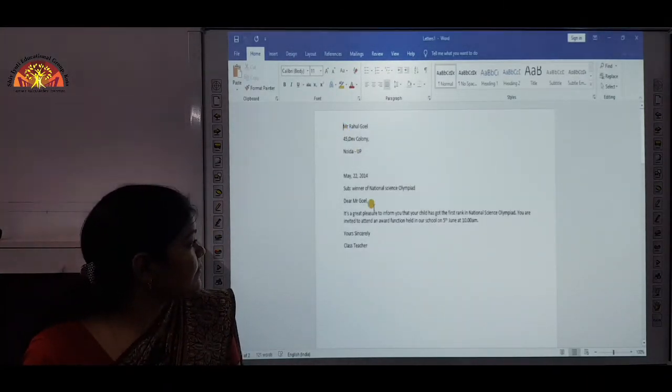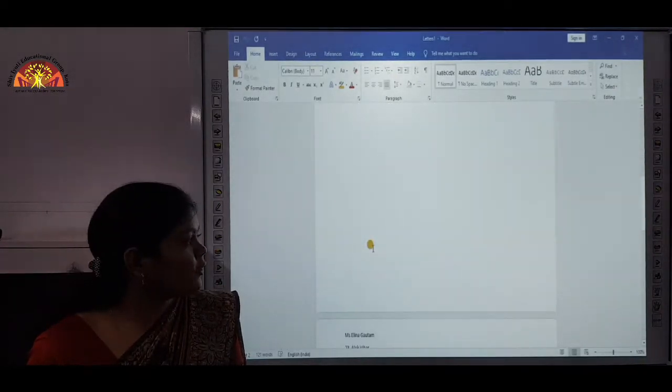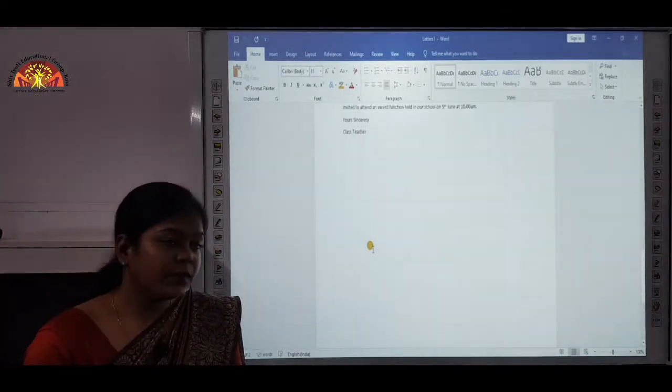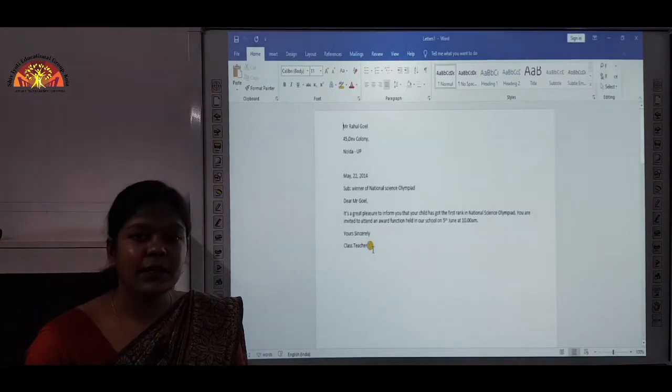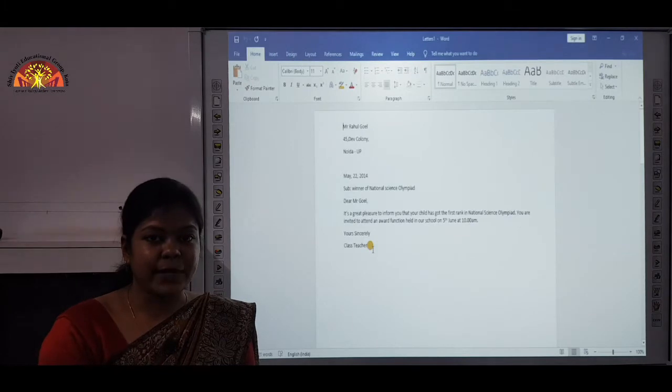Here you can see we have page 1 with the letter of the first recipient, and page 2 with the data of the second recipient. Okay students, so we have completed our mail merge practical today. I hope you have understood this practical.